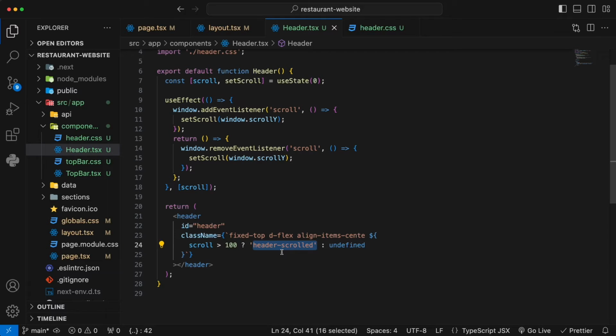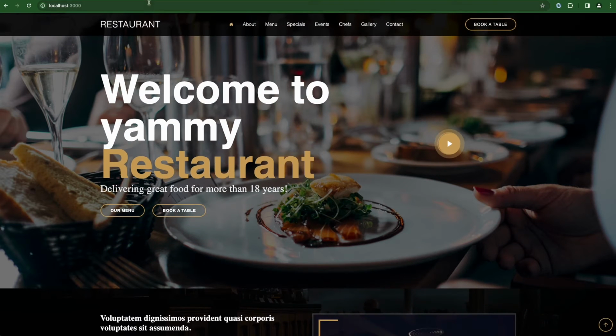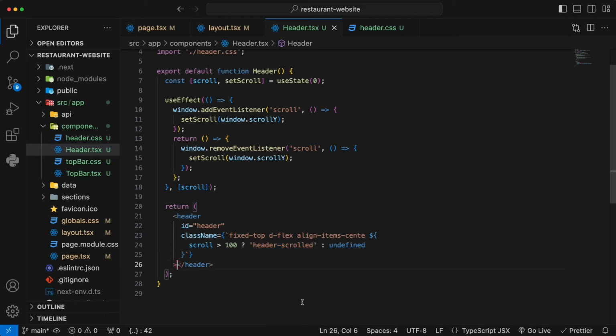The header scroll actually allows you to shrink the height of the header. That's why you can see the header gets lifted up from the original design. As you can see, when this one scrolls beyond 100, the header gets lifted up a bit. All right, so that's the animation we want to achieve. And the next thing to do is create a wrapper for our